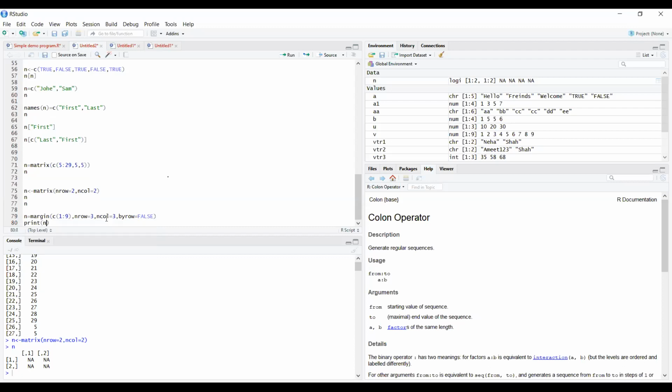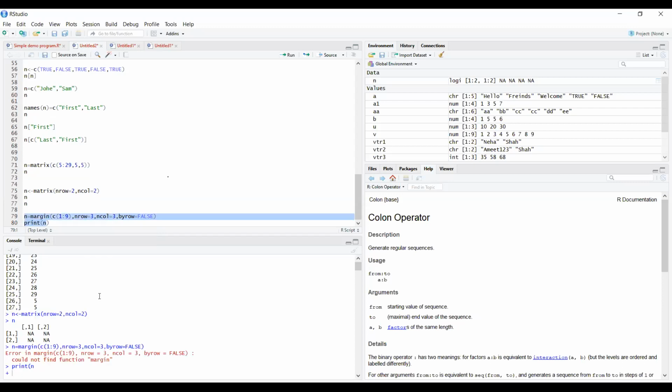Print m. Error, okay, fine, it should be matrix.